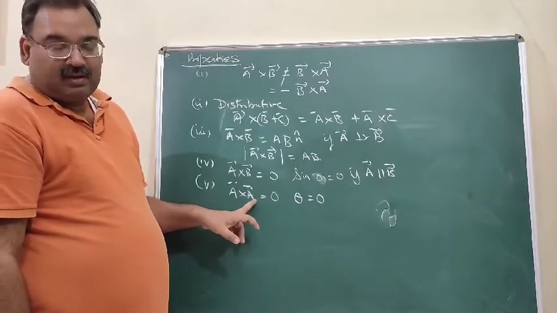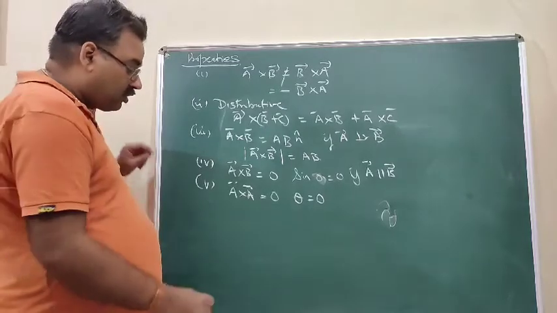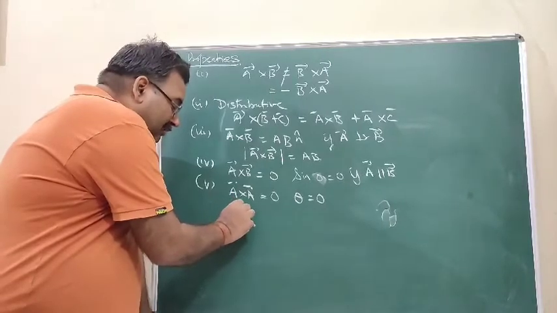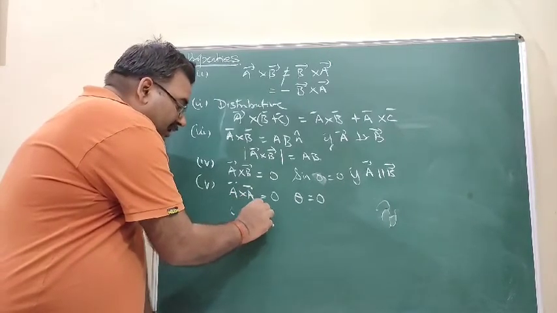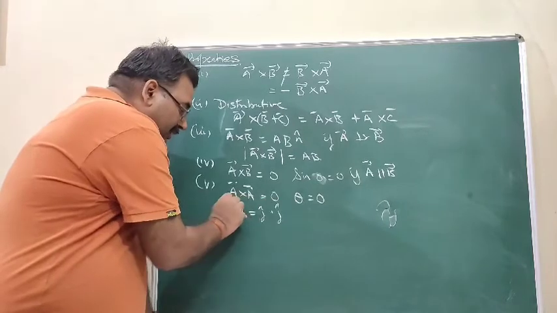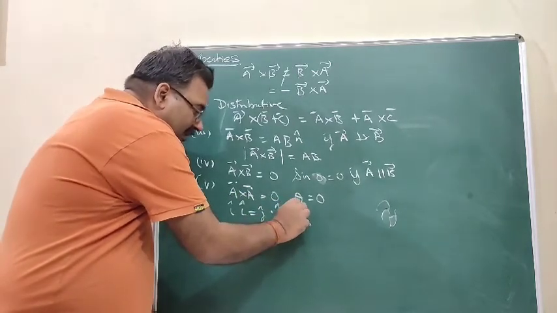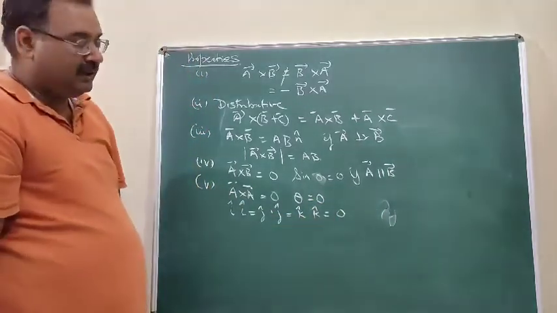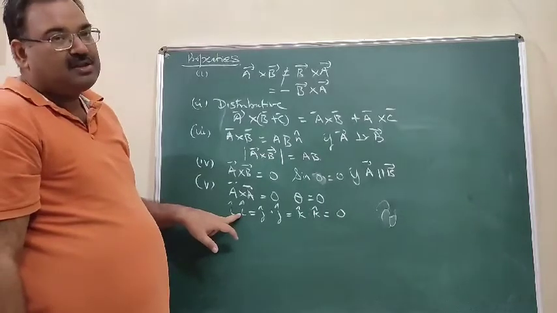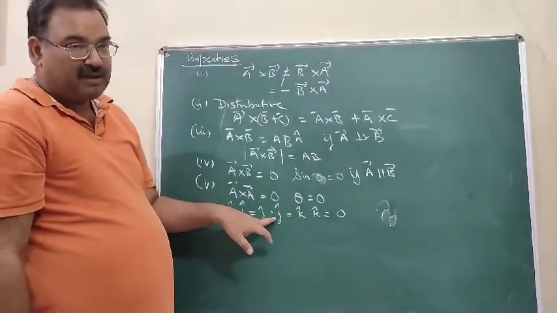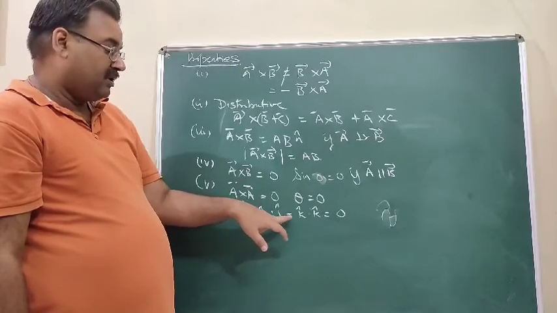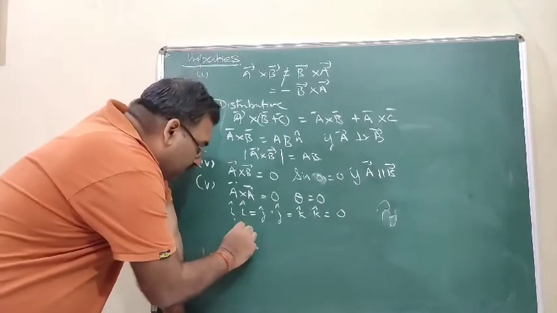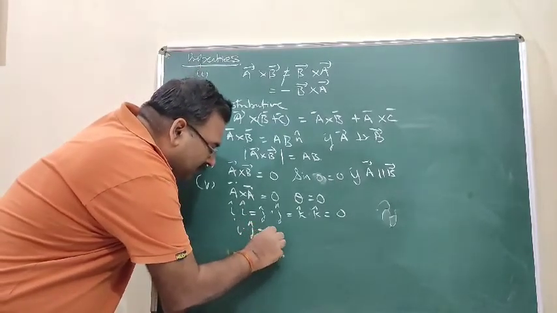Okay. Similarly, then we talk about the orthogonal unit vectors, I, J, K cap. If we take I cross I, J cross J, and K cross K, what will their product be? 0, because the angle between them is 0, and sin 0 is 0. J cross J, they are parallel to each other, the angle is 0, therefore the product is 0. K cross K is 0.